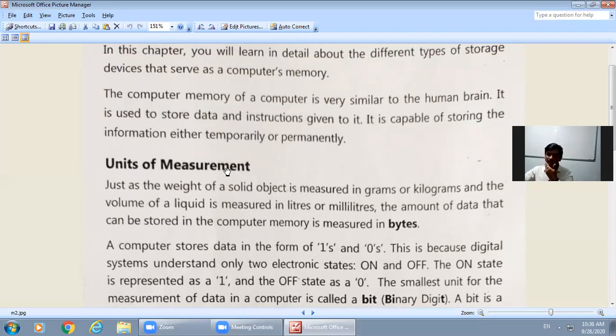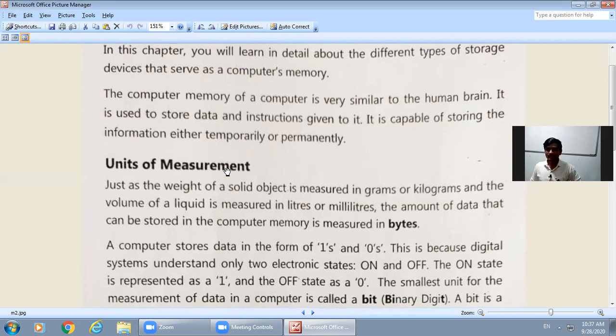You know everyone, every object has some units, some measurement. If you want to calculate the weight of anything, we measure with the help of a standard unit. If you want to calculate your height, we measure with its standard unit. Like this, computer memory also has some units. How a computer is working, all these things we have to see in this topic. Okay, see units of measurement: the weight of a solid object is measured in grams or kilograms,